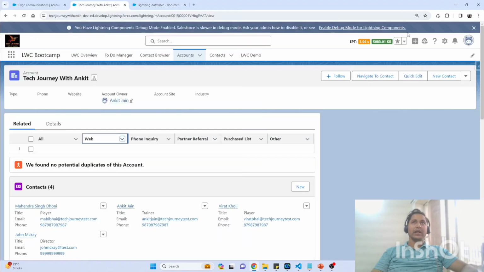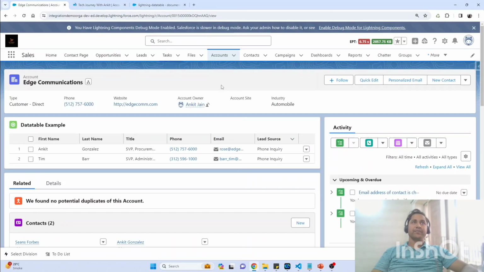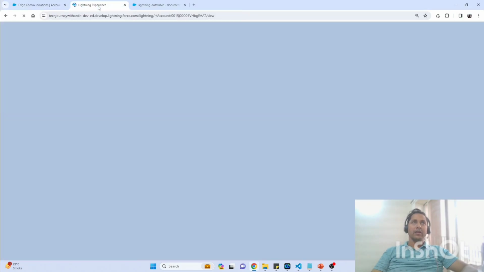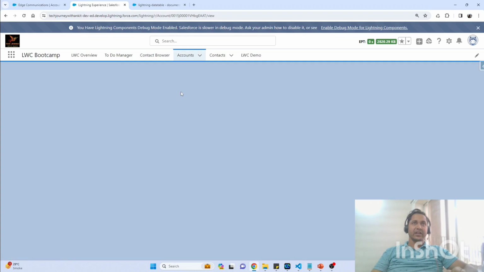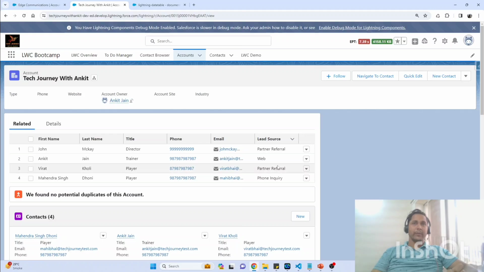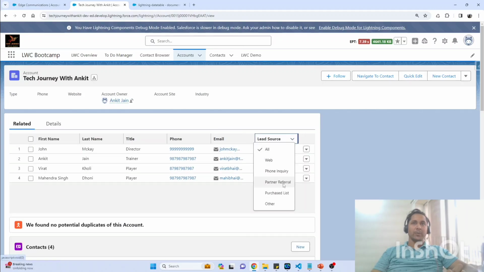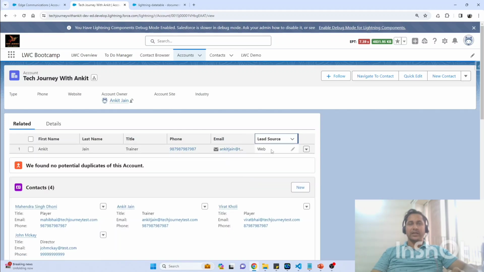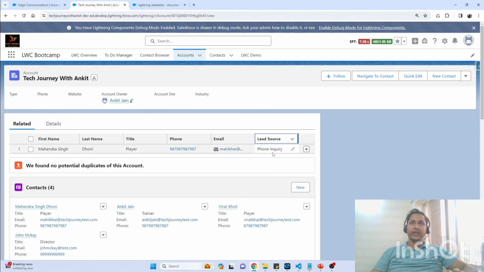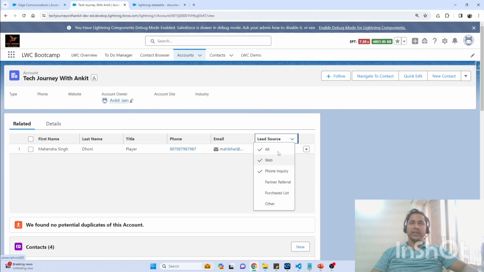Let me go here and refresh the page. Let's go and validate whether the changes are coming up correctly or not. So I do have my data table coming up. I do have my options coming up here. Right now, let me go and select here the option as web. You can see that I am only getting the web records. Okay, one thing that I can see here is there are more than one actions selected here. Right? If I go and select the phone inquiry, although I am getting the phone inquiry, but here there are